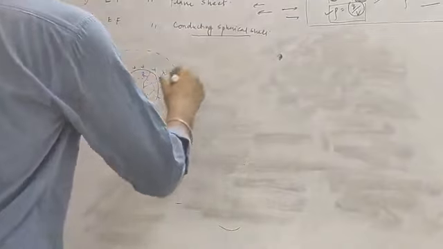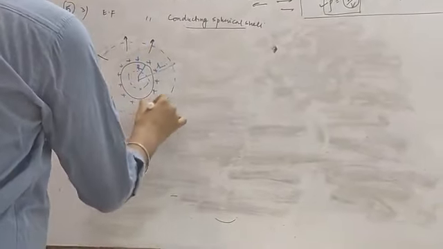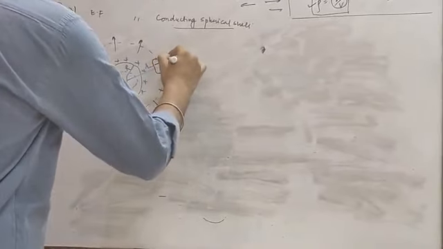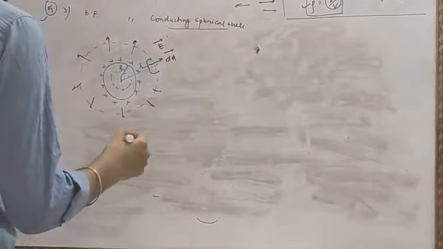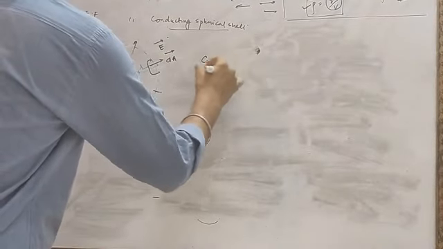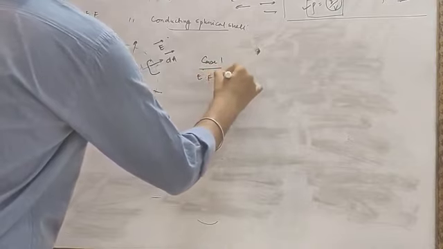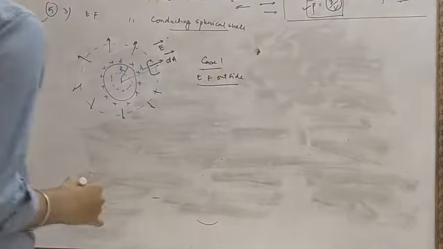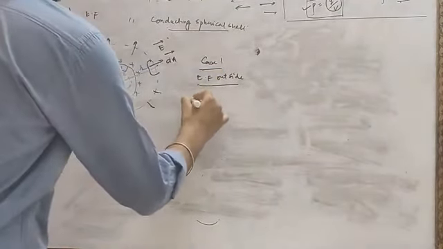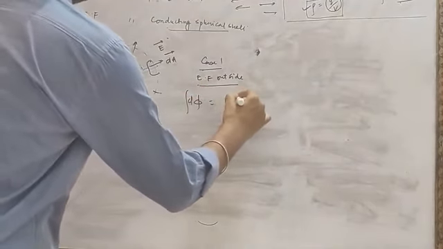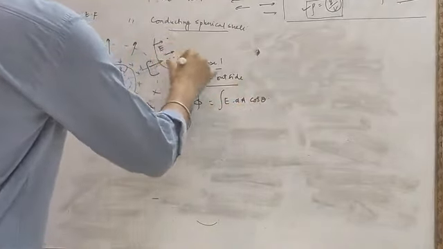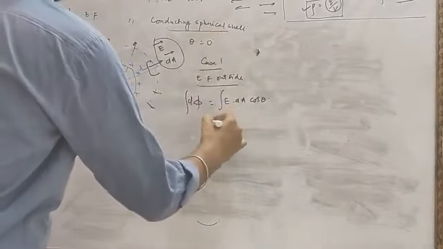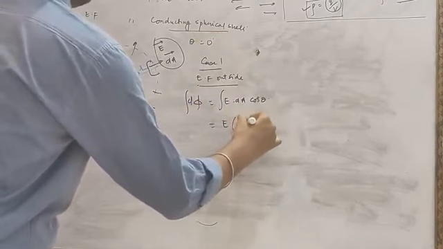We know very well positive charge is there, so the electric field will be moving in all directions and also the area vector is in all directions. Suppose we have taken a dA and the electric field is again in this direction. So here three cases will be formed. Case 1, electric field outside the thin conducting spherical shell. For that purpose, we have the same formula, d phi equals E dot dA cos theta, and theta is again 0 degree. So phi equals E times integration of dA.